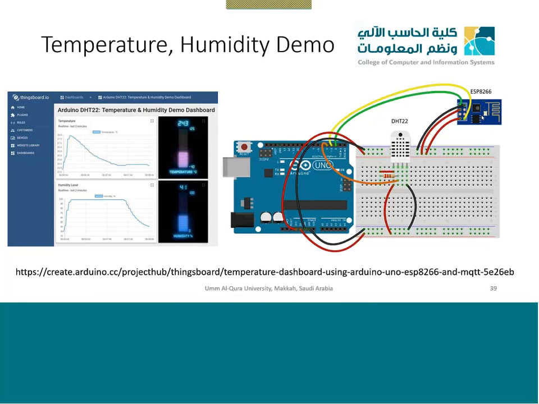From the server, the thing you see on your left, this is called a dashboard. Once you have the data in the server, the computer scientist will know. Once you have a table, you can easily plot curves. You can auto update this curve every 2 or 3 minutes, and you will see all the data coming from the sensor. You can create a graphical interface for it as well.